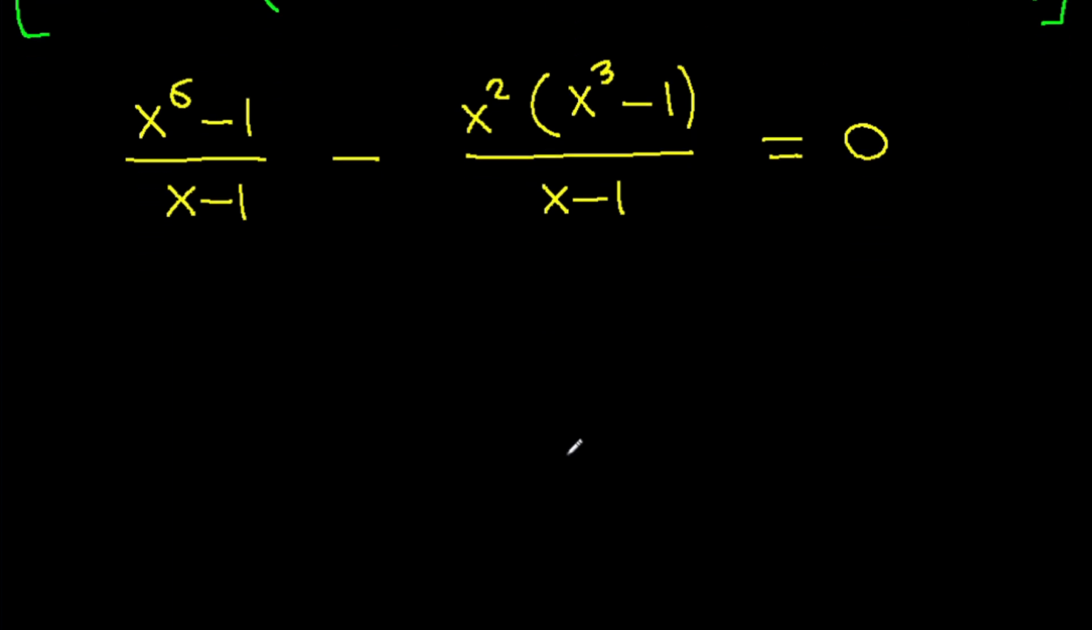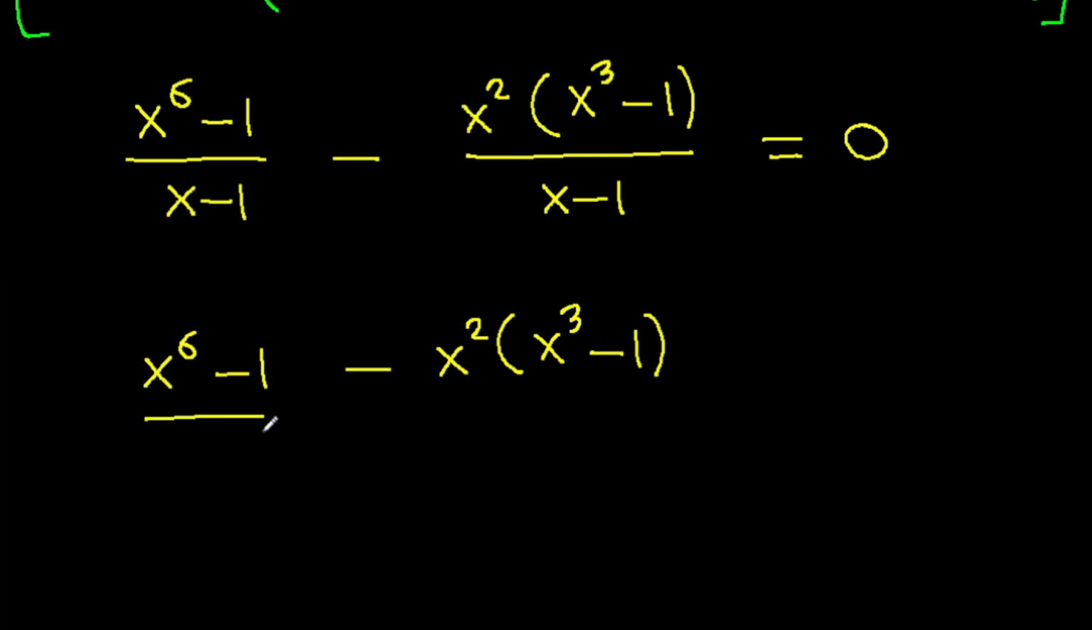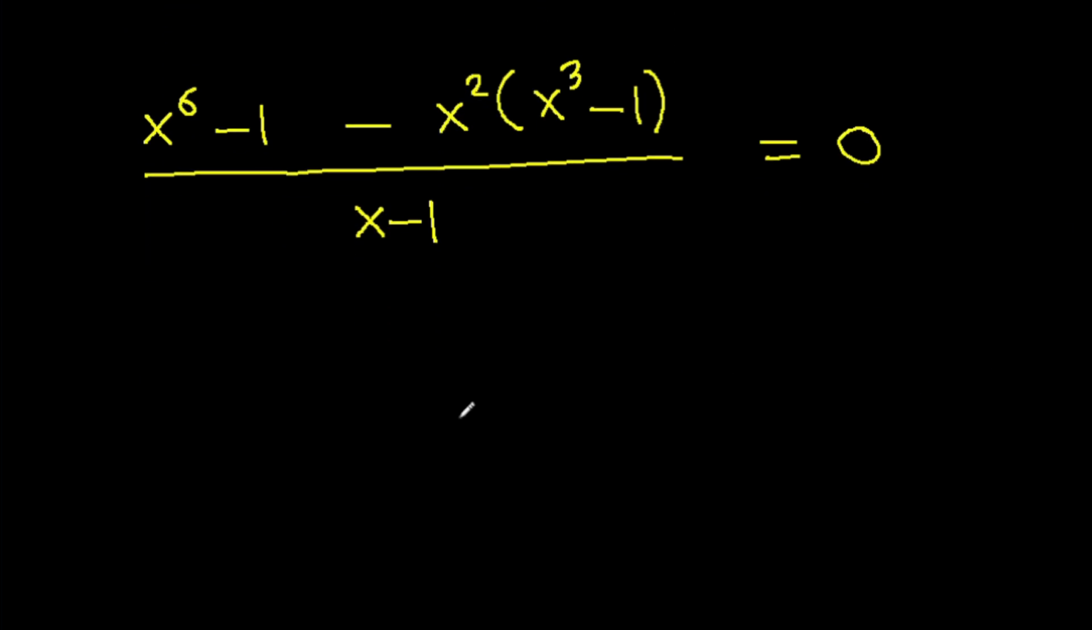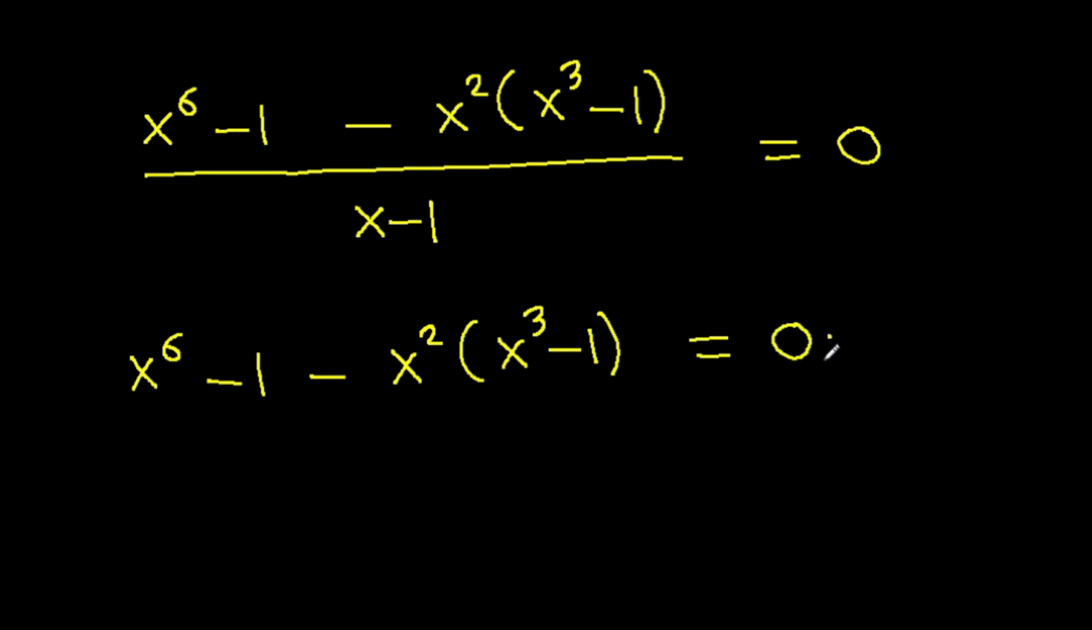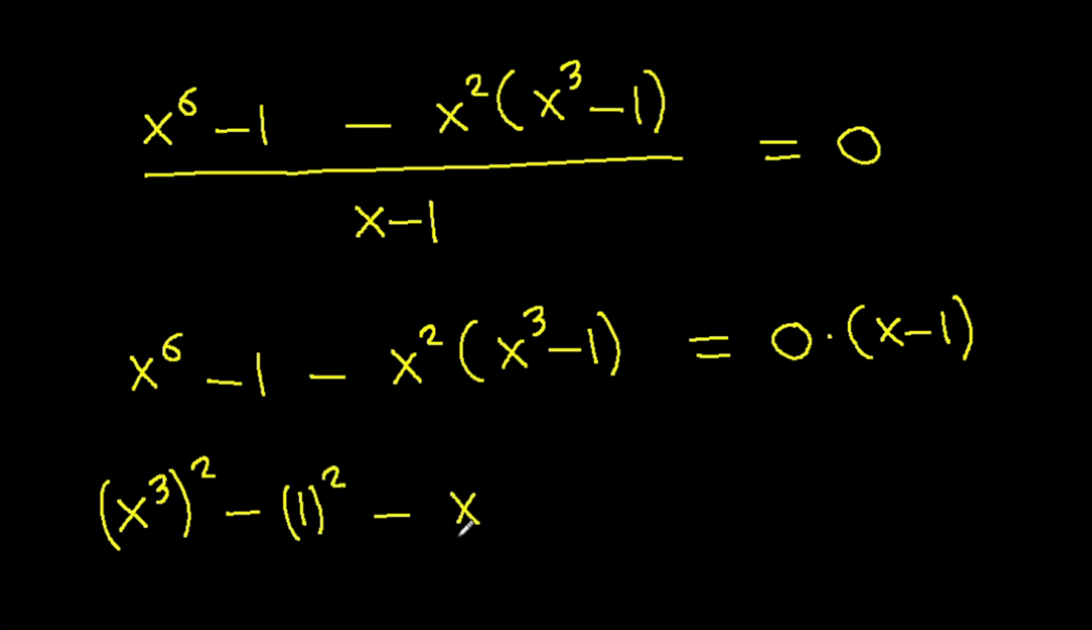and it is x power 6 minus 1 minus x square times x cube minus 1 over x minus 1 is equal to 0, and x power 6 minus 1 minus x square times x cube minus 1, it will be 0 times x minus 1, and x power 6 is x cube square, minus 1 is 1 square, minus x square times x cube minus 1, it is 0, and